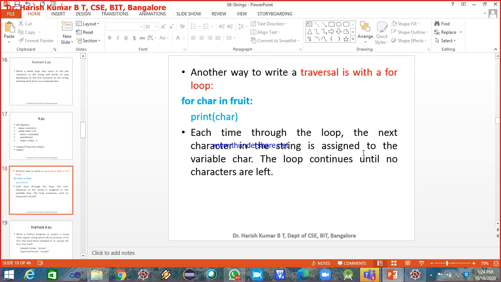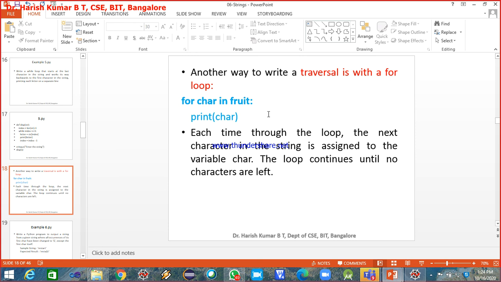Next, another way to traverse through this string is by using a for loop. You already know this: for character in fruit, print character. This will iterate over every character in the given string. Only one thing is, this will always start from the lower index and go till the higher index.